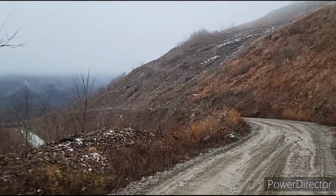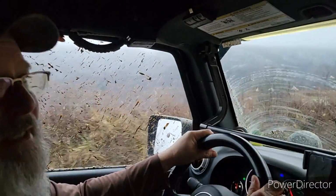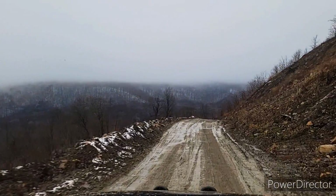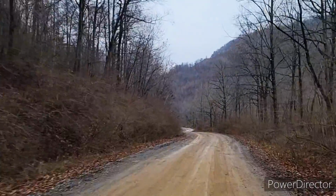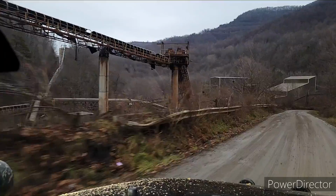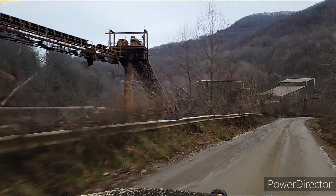The last half of this trail is characterized by steep, slick, muddy switchbacks that take you up and over a mountain where mining operations are evident. And then it carries you back down 1,000 feet, past some additional mining relics, before you come back to the